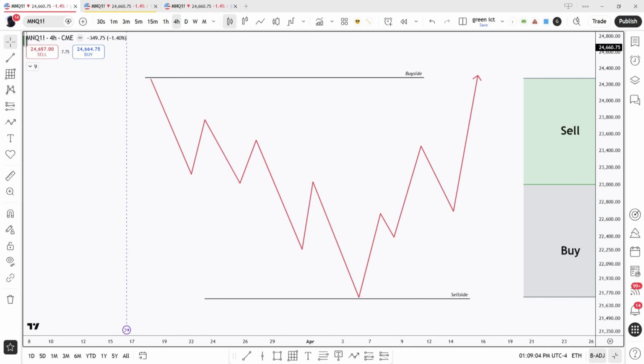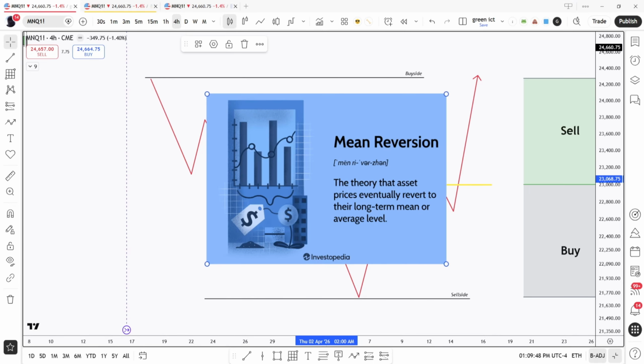Eventually, there's something called mean reversion where price tends to go to outliers. It goes to extreme deviations like this, makes this massive leg down, and eventually it's expected to return back to the midpoint at least, or potentially coming back up to premium. So with that in mind, this concept of mean reversion is going to be pivotal in looking for trades on NASDAQ and understanding that when objectives get met, when we see these big moves,